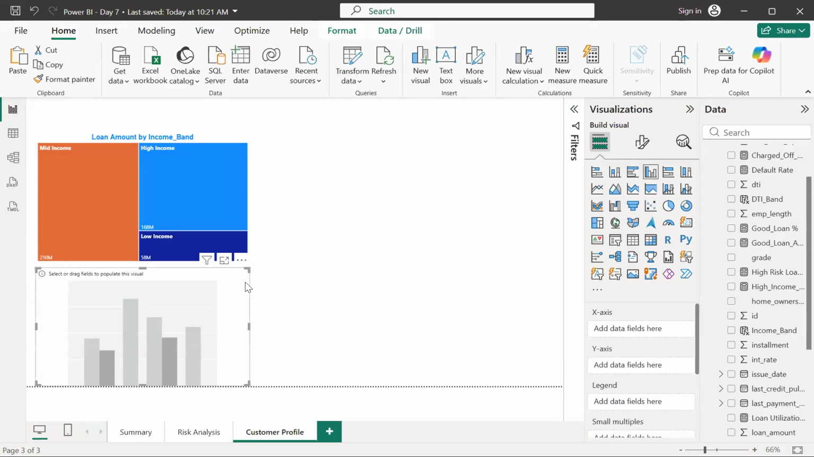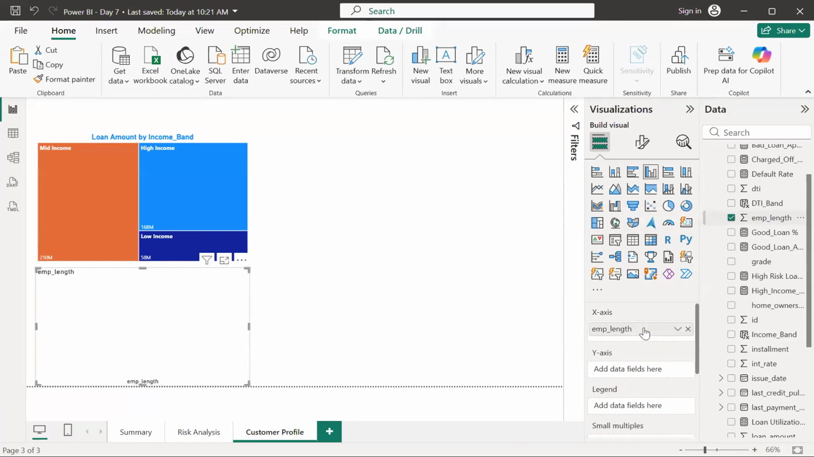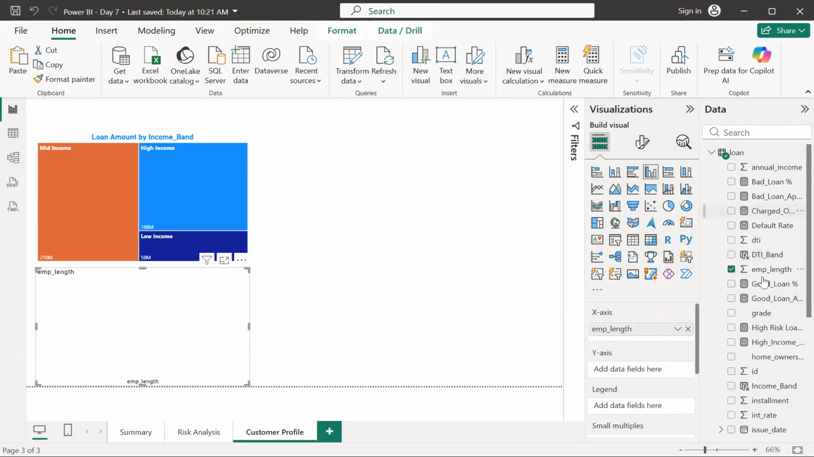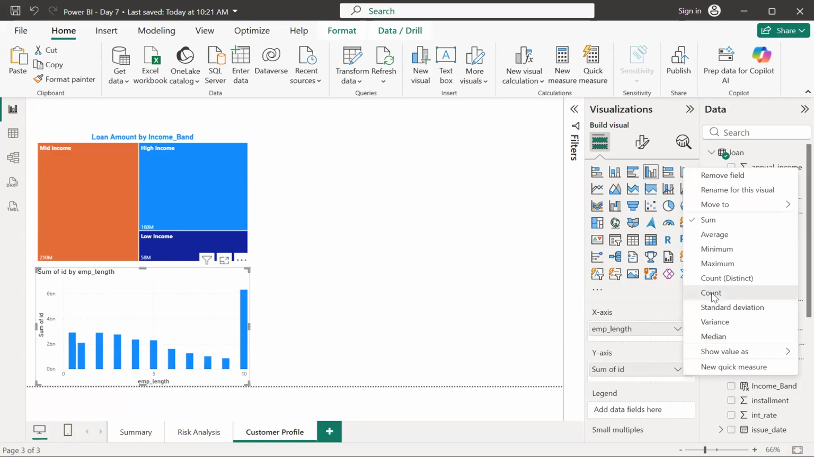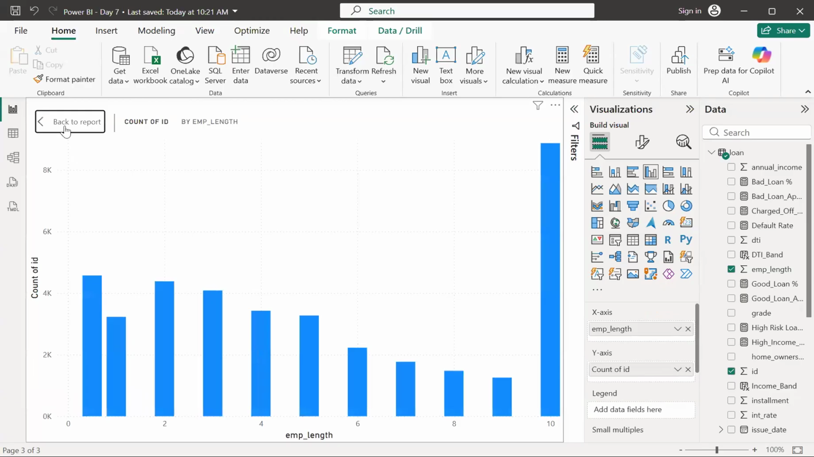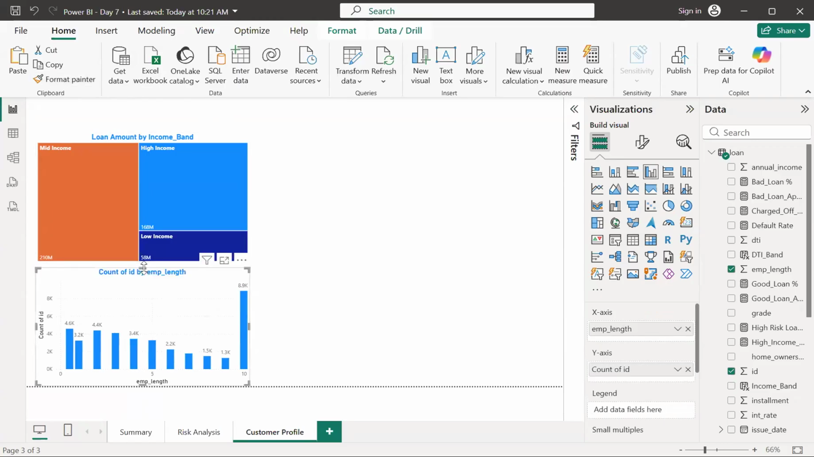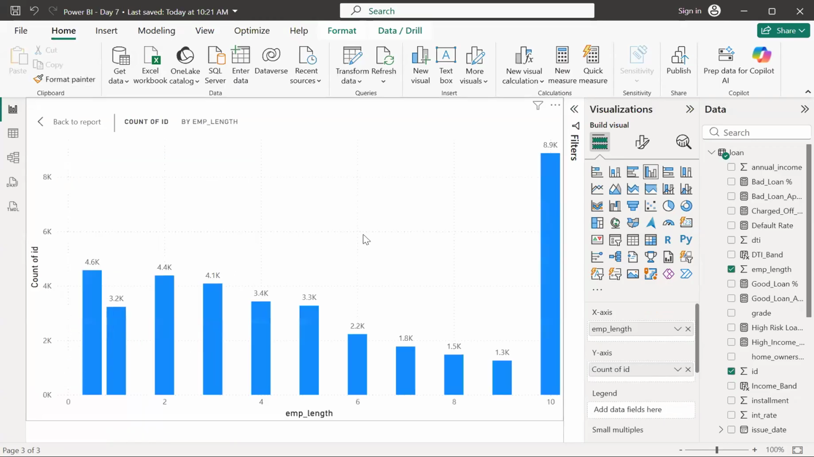Okay. And I can try to take the employment length on, let's say, the axis. So we have this employment length. We can try to drag it onto the x-axis. And we can see for which customer more loans have been given. So I can take this ID, and this count of ID can be taken onto the y-axis. Now this gives me some sort of information, and one more second, let me just use a format painter so that these numbers are visible. Yeah, I can see that